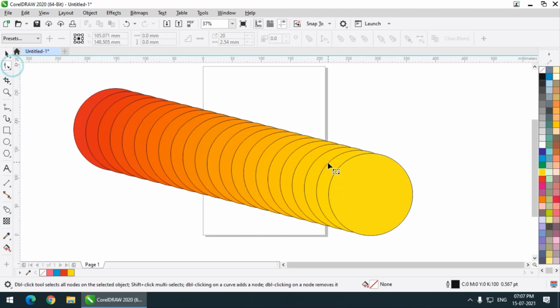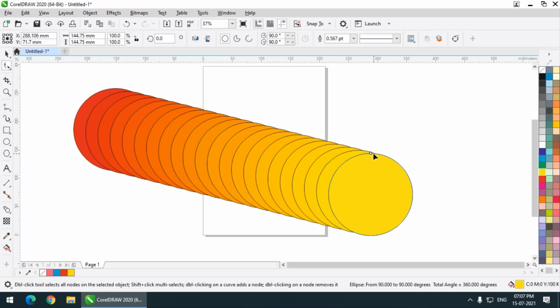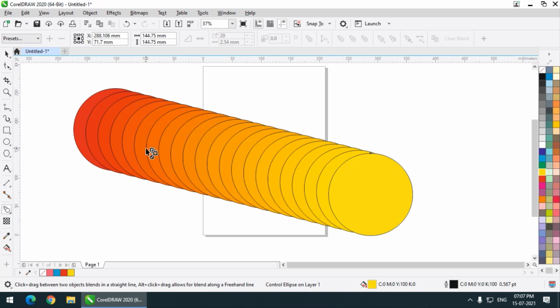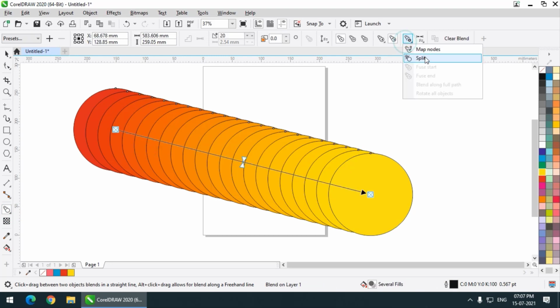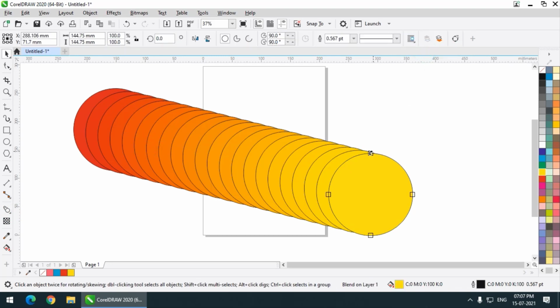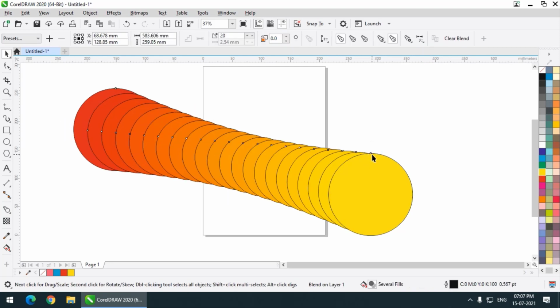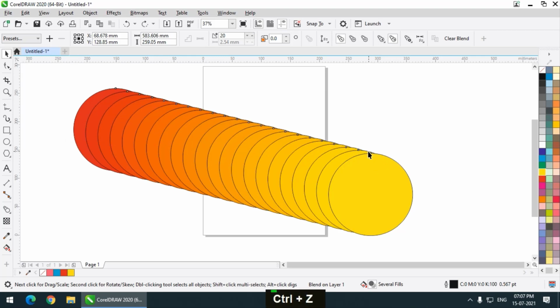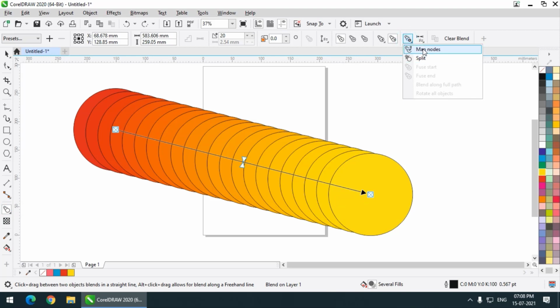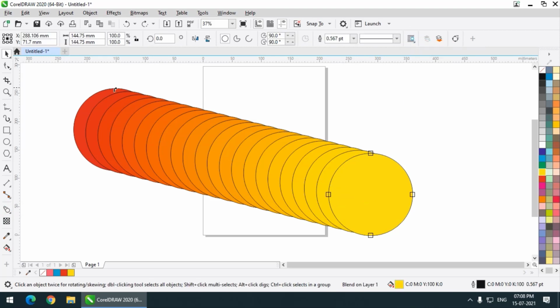If I choose this, it is connected to that, but if I map this particular node to another node, it will change. I will show you again. Now this node is connected to this node, but presently we are not able to see it, though it is there.